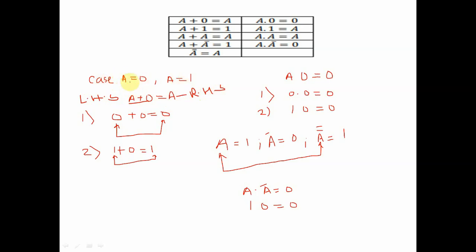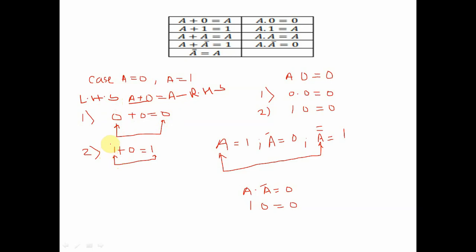In the first case, put A equal to 0. Then here I am taking 0 plus 0, which is equal to 0. See here, this is A on the LHS and on the RHS there is also A. Both terms are the same here. 0 plus 0 answer is 0. So if we put 0 on the LHS side, similarly we get 0 on the RHS side.